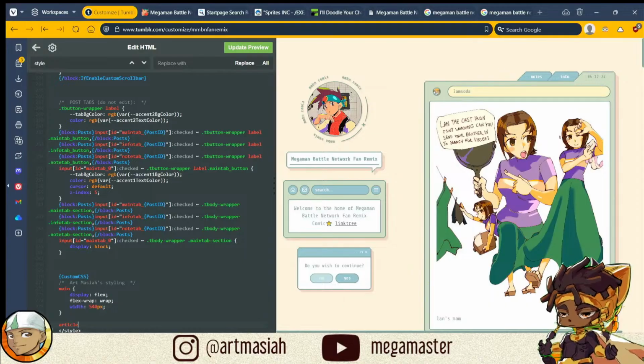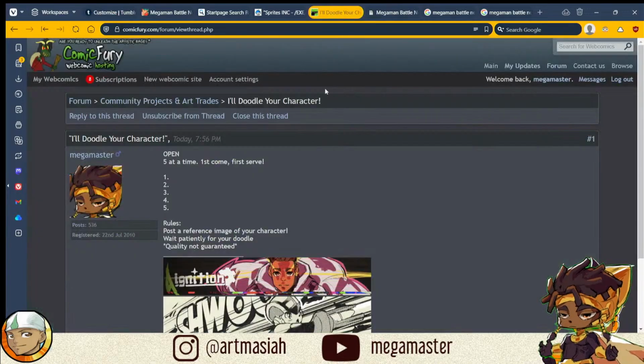I don't know what any of this is, lol. So this is programming for the web. Can you do me and Nabalta with the gay fur and he's half wolf and dog? I'm not currently doing any drawing at the moment. Not taking any drawing requests, but I guess if you are on Comic Fury, I might be doing some doodling later in the night if I have time, but just come over to Comic Fury and